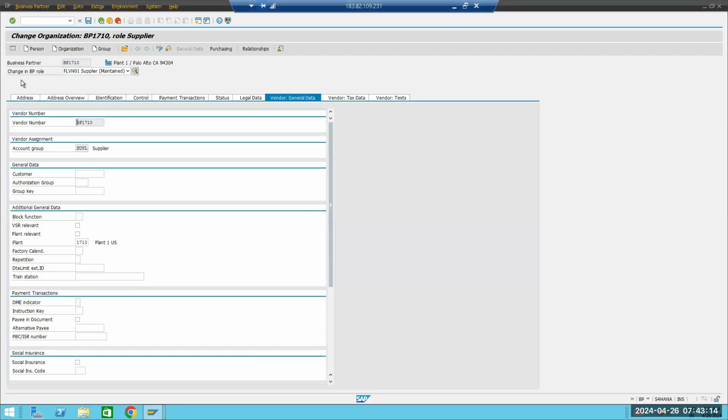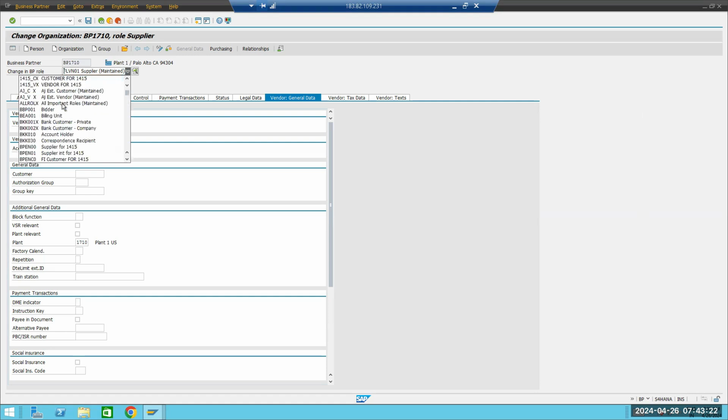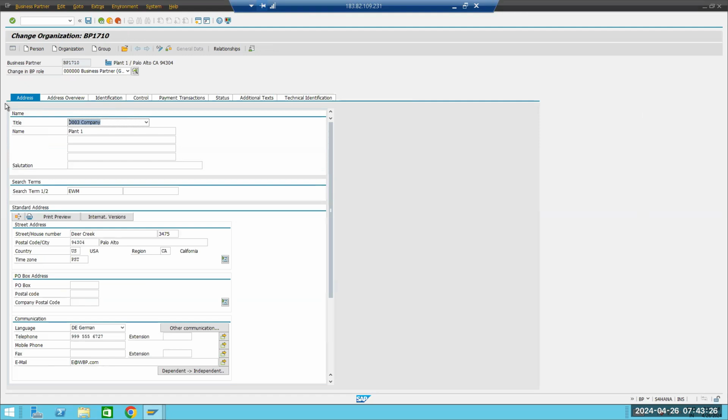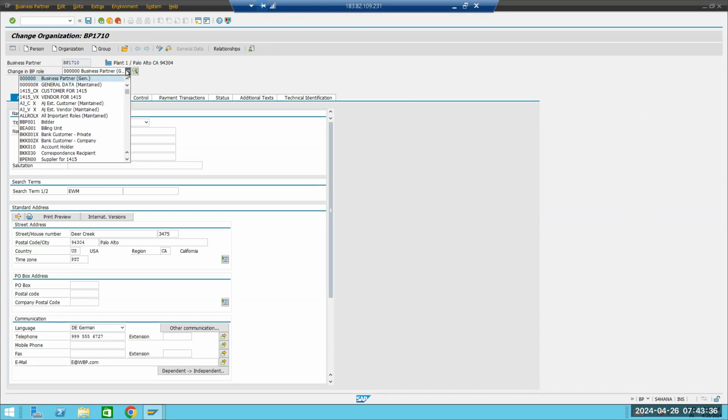Basically, here you can create the same business partner. You can first create it as a general. In the general you can maintain the address and everything. Now if you want to extend this business partner as, let's say, a customer, you can create it as